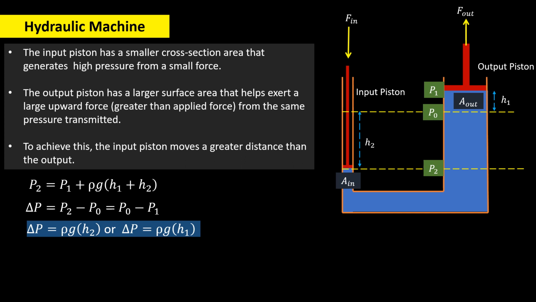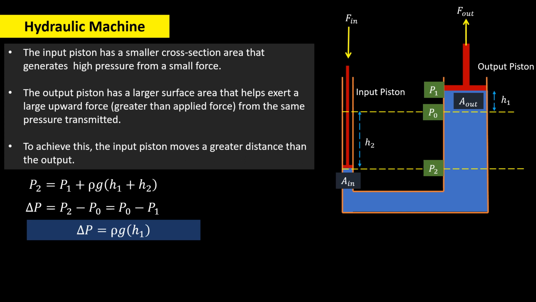But let us see, is there a liquid in column H2? Currently there is none. Therefore, the change in pressure may be only accounted for by rho g H1, not rho g H2. But now, to get a better value for the change in pressure, we have to consider the difference